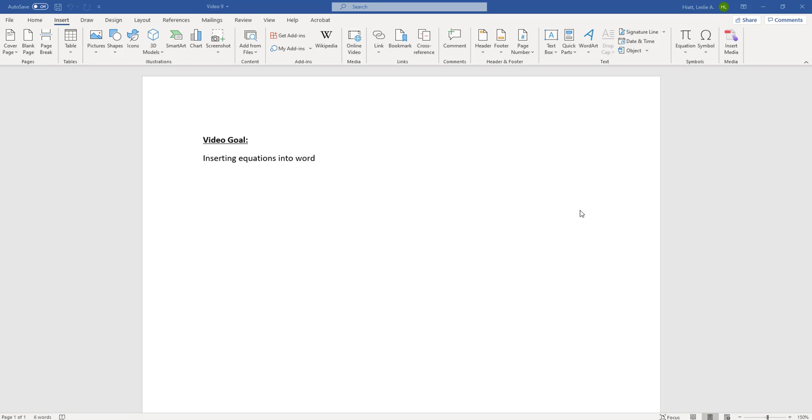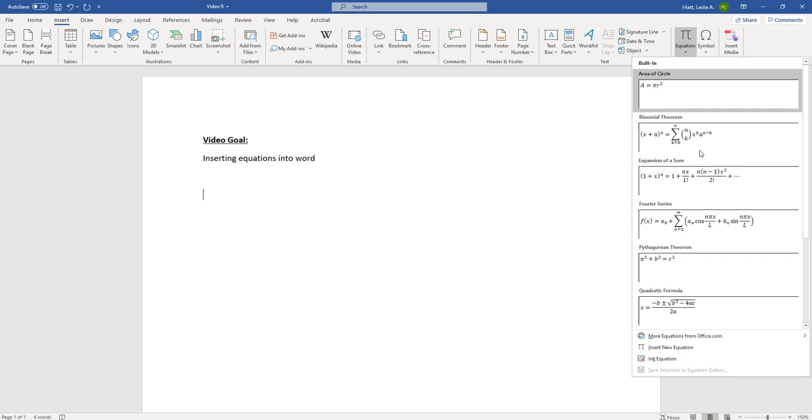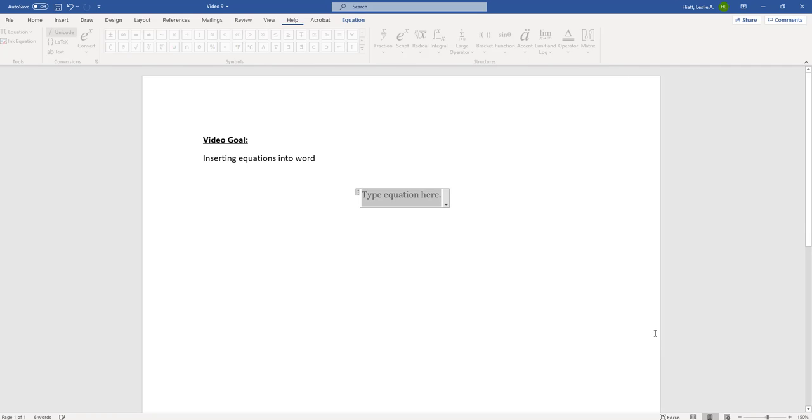One thing chemistry majors need to become good at is inserting equations into Word. So I wanted to demonstrate that to you right now. Within Word, you have this ribbon up here and an equation tab here where it says Insert Equation. There's a whole bunch of pre-done ones, but most of the time you're just going to insert a new